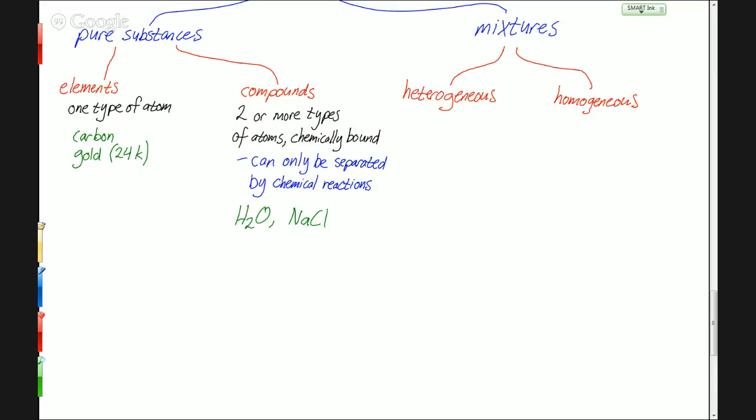Like oil and water. That's a good example. What's different about that? It doesn't really mix together, right? So you can clearly see the two domains. Like there's oil over here and there's water over here, and that is really, as you both said, the key of this: homogeneous mixtures